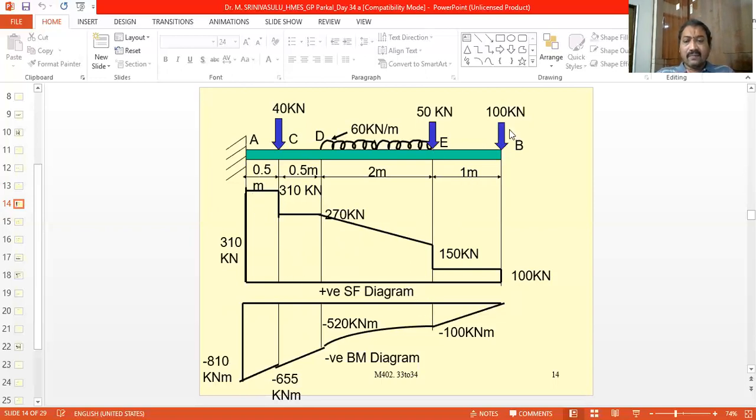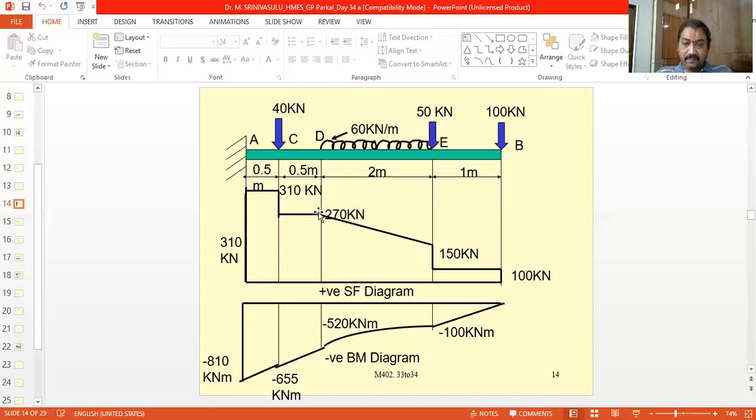So we'll get the rectangles under the point loads. So it is 100. Between the points B and E, the amount of shear force will be 100 kN. However, when it comes to the point E, the shear force is suddenly increasing to 150 kN from 100. That increase is 50 kN. So this is the 150. That is 50, this is the 50 kN.